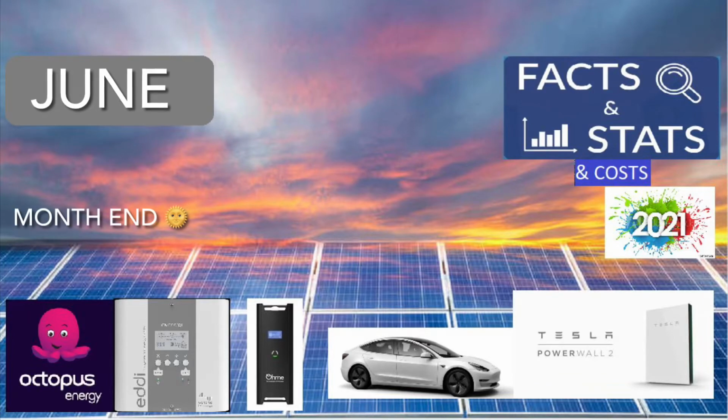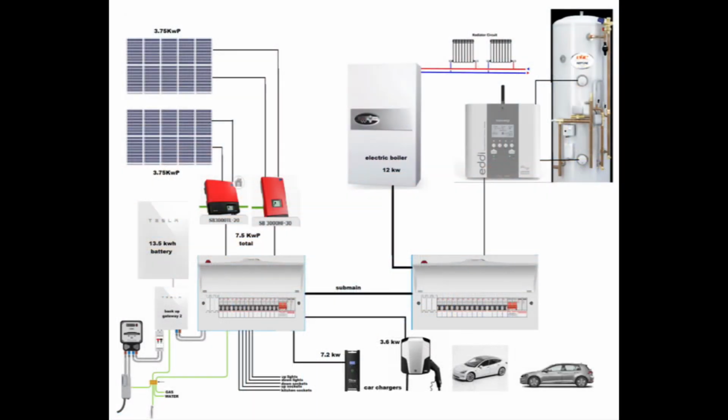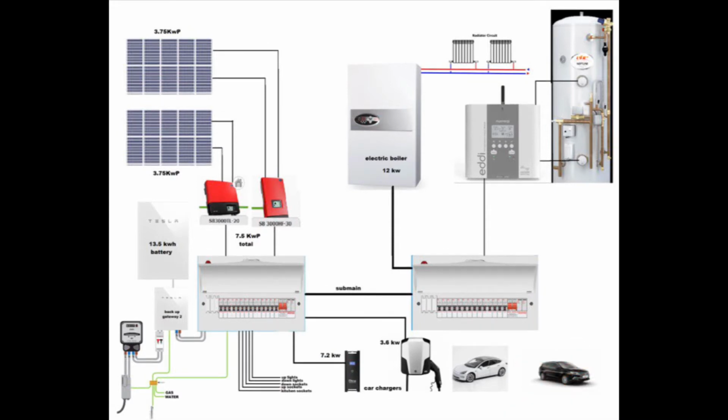June's solar stats and costs. One big thing that's changed in June 2021, and this is on top of changing the solar arrays and inverters last year, is that the Volkswagen e-Golf is now gone, and we've replaced that with the MG5 EV